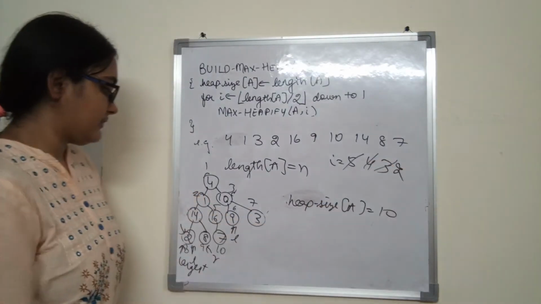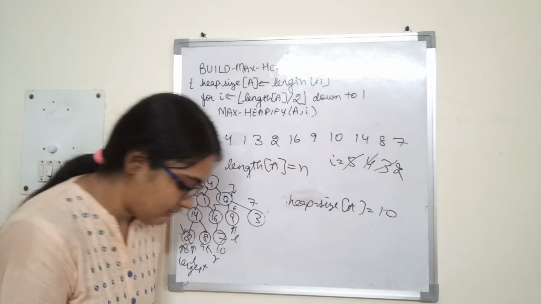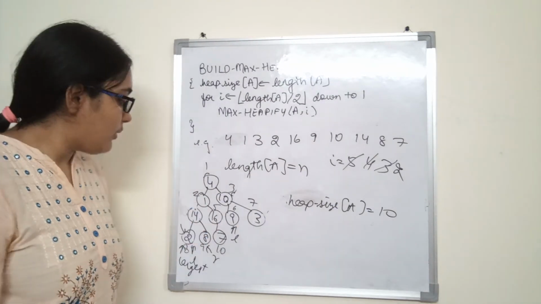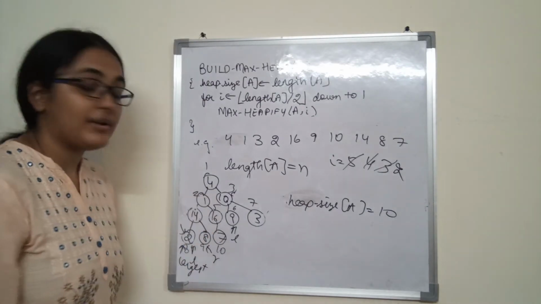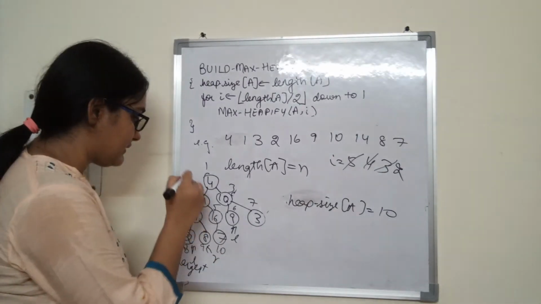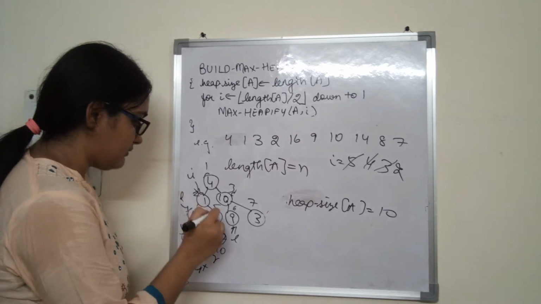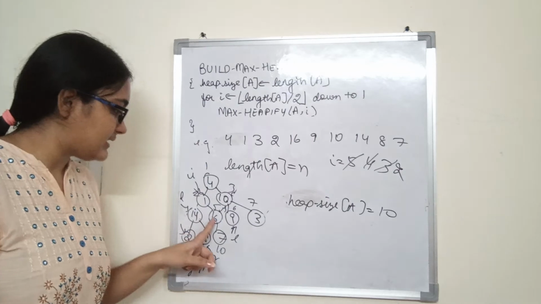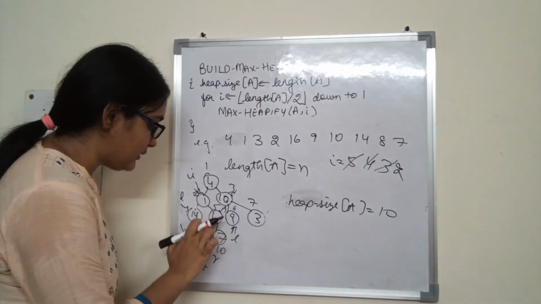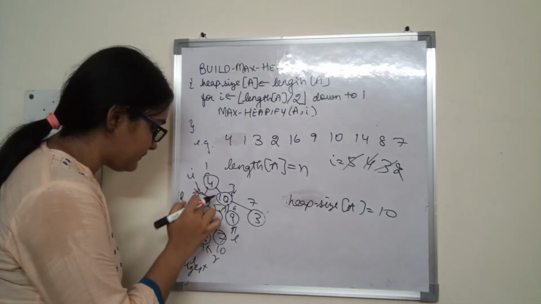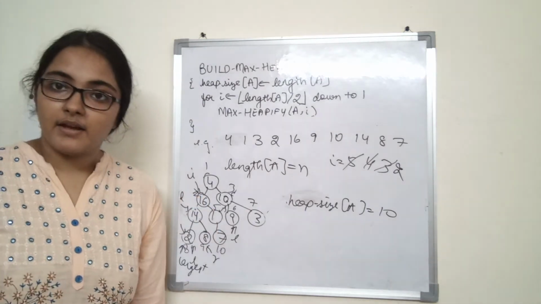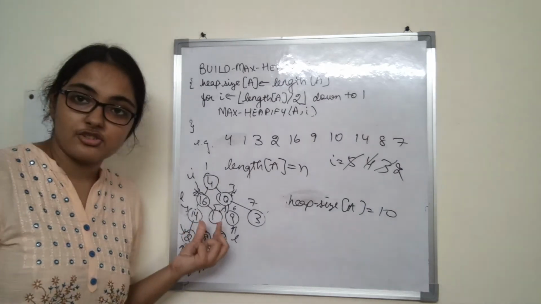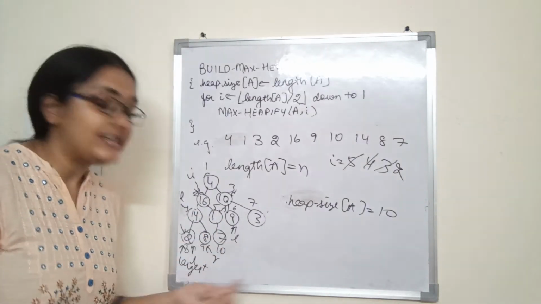Now for 2, that is max heapify A and 2, right? So on this node it is called. What will happen when this is called? I is this, left and right. Which one is the largest out of the 3? 16 is the largest, so 16 and 1 will be exchanged. Right? Now 1 may cause the violation of max heap property of the right subtree.